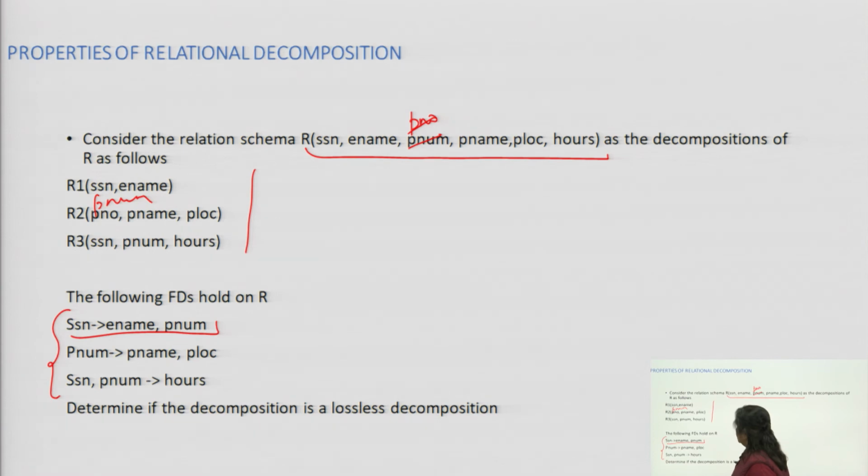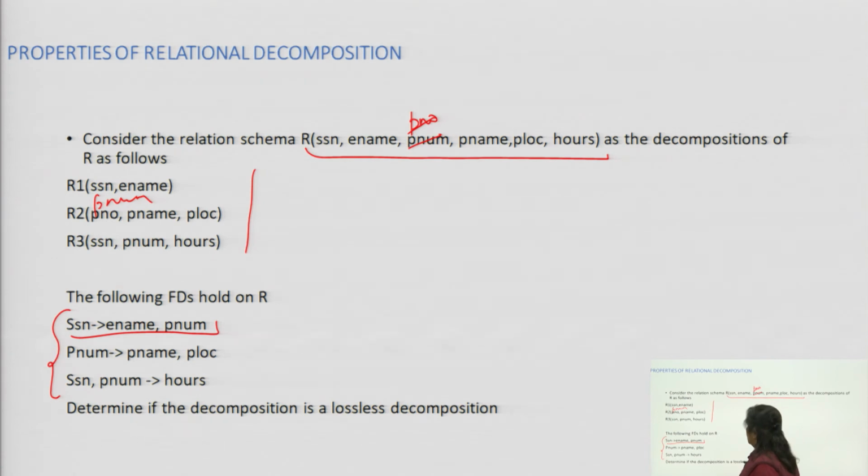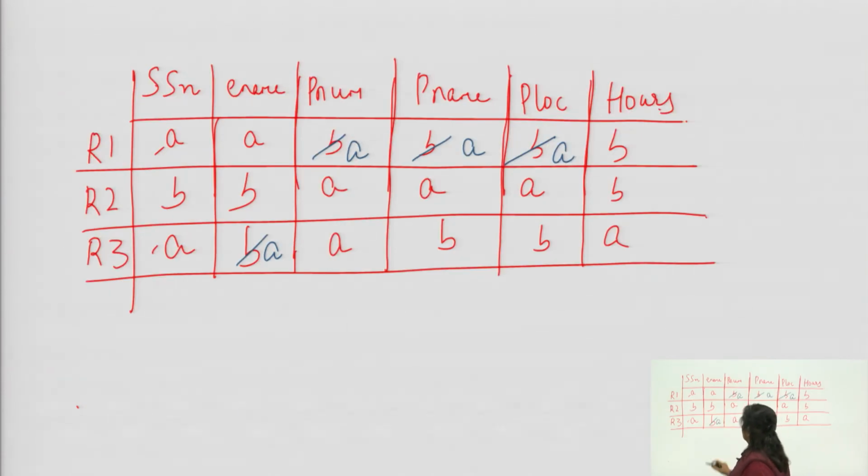Next functional dependency is pnum to pname, plocation. Pnum has the A value, so pname we can make the A value, plocation we can make the A value. Next we have SSN, pnum to Rs. SSN as well as pnum: row 1 and row 3 have the A value, so Rs we can make the A value here.